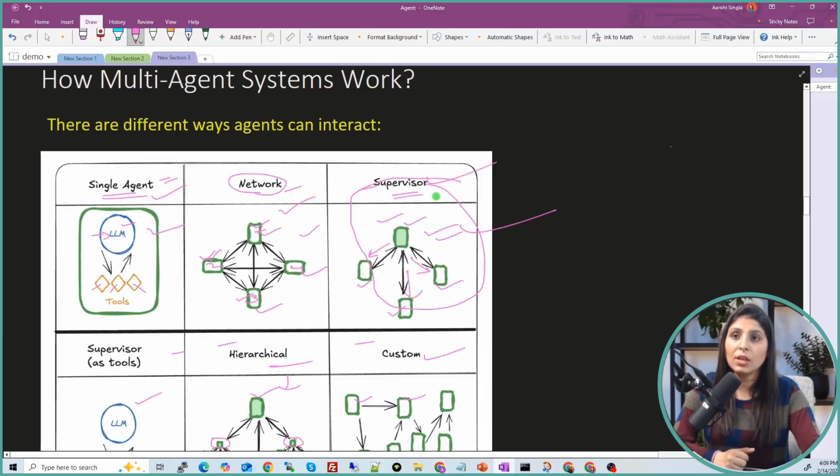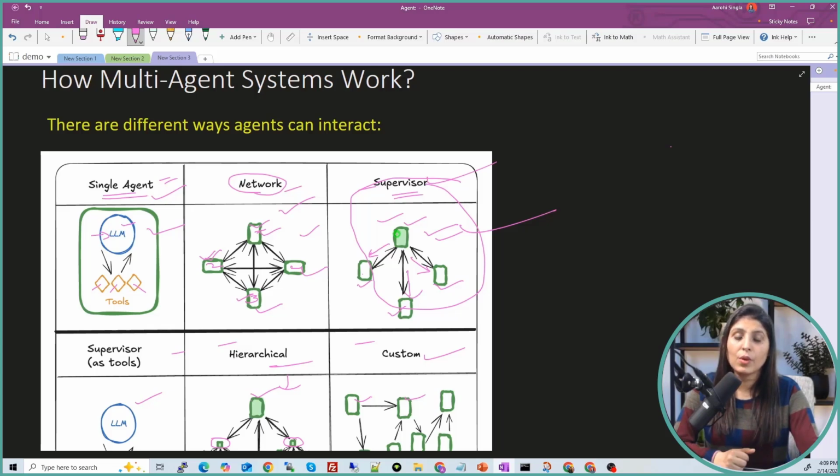So what we did today, we developed a chatbot which can handle user's queries. And this chatbot is a multi-agent chatbot. And we used this way for the interaction, for the communication between the agents. We created one supervisor. Then we have 2 agents. One agent is performing the mathematical task. Another agent is performing the web search task. And then the supervisor is deciding when to use which tool in order to answer the user's query. So guys, this is how you can use multiple agents.